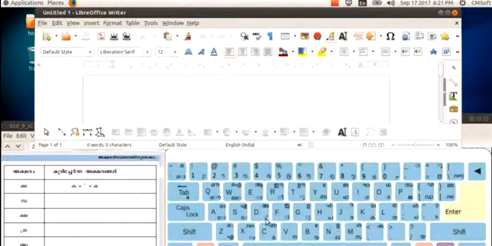Then the symbol. Then again K. Change the keyboard layout into Malayalam. Now Ika is typed. Next, the letter Mba.